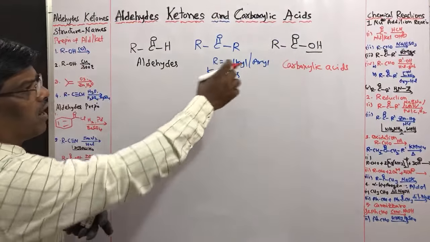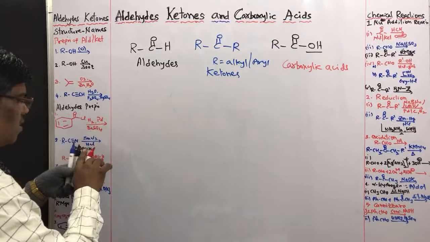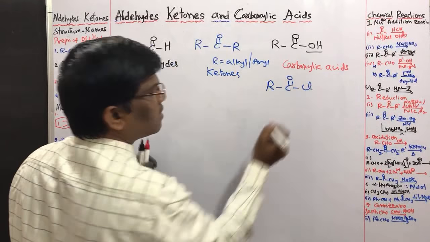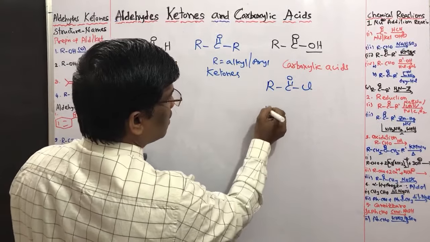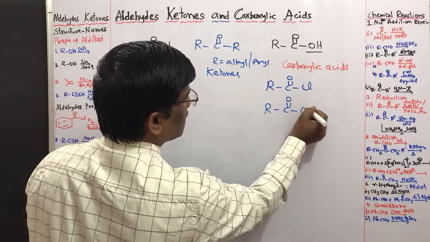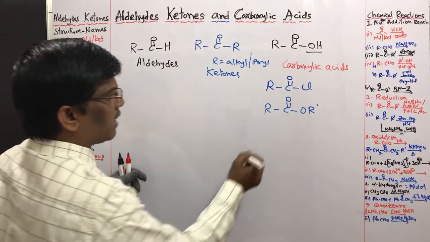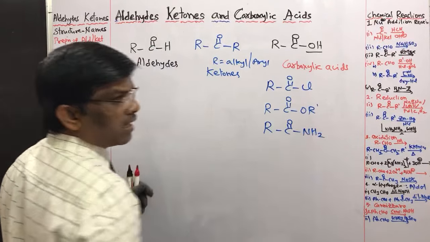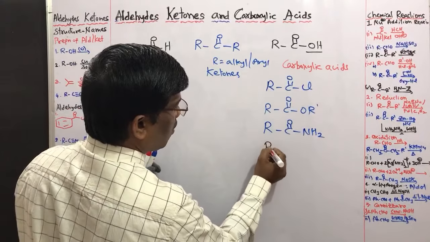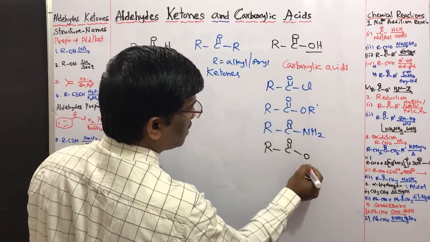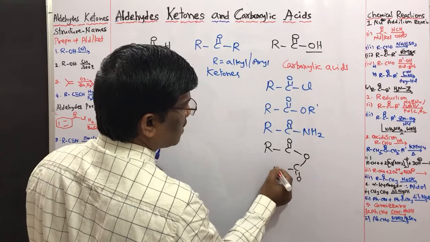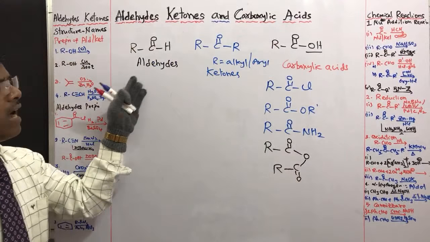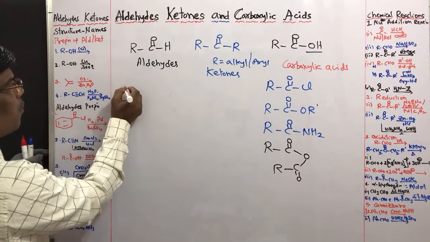Yes, students? So further it can have acyl chlorides or acyl halides. It can have esters. It can have amides. It can have anhydrides. These all come under the category of acid derivatives, whereas aldehydes and ketones, for example,